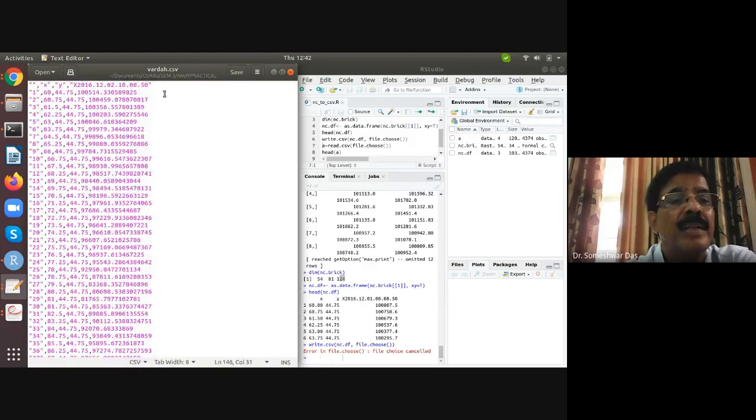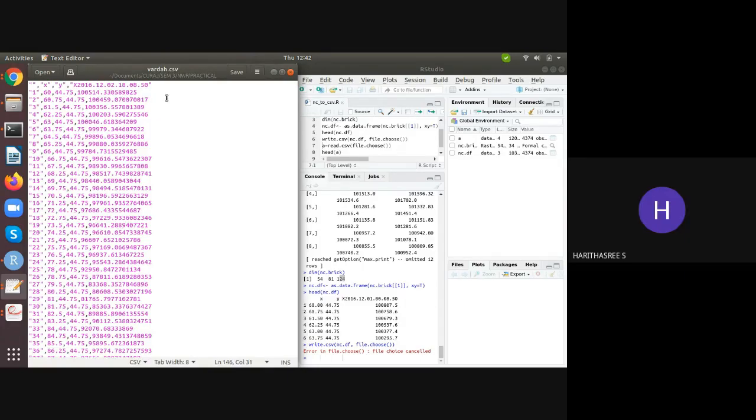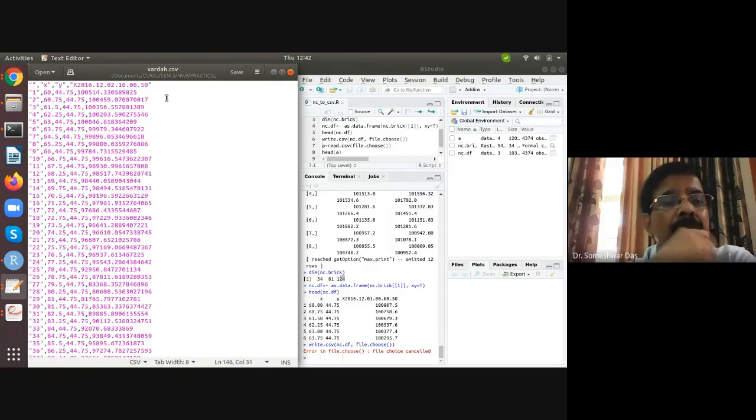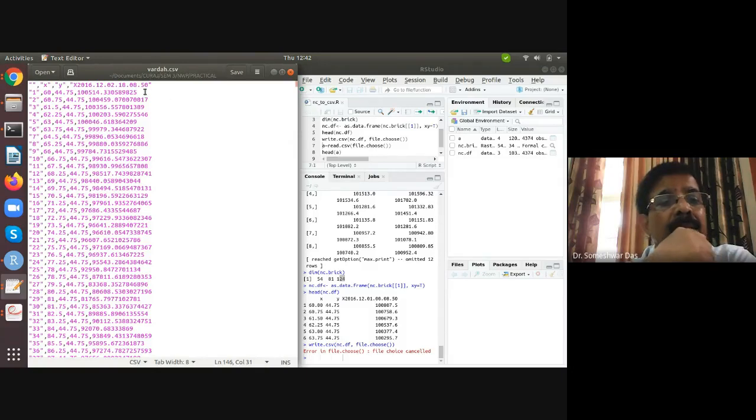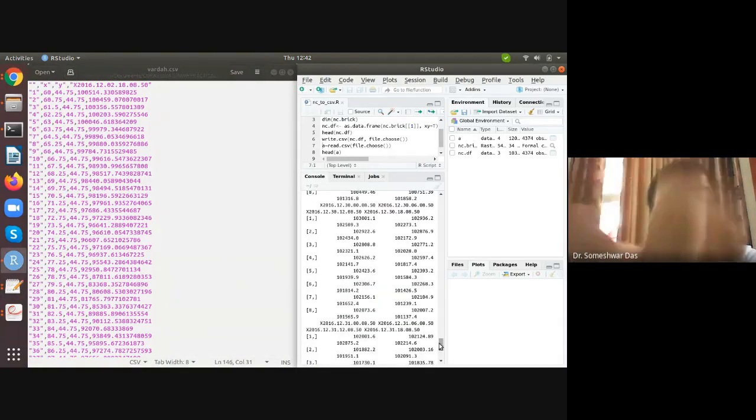Okay, so after 44.75, you got a value called 105. It's a big value. Yes, sir. And like it's supposed to be UV, MSL, and precipitation, sir. But I got only one value. I don't know why. Like I'm still trying to understand this. So it seems that this is just one value because it is a big number. 100,514.33058 blah blah blah blah. So it's just one value. So I don't know what value is that.